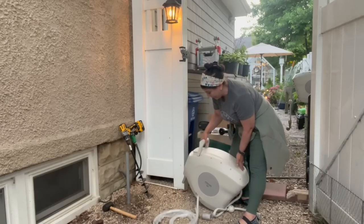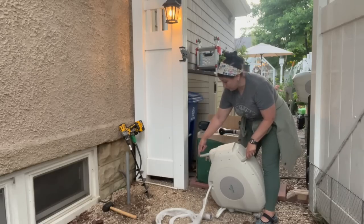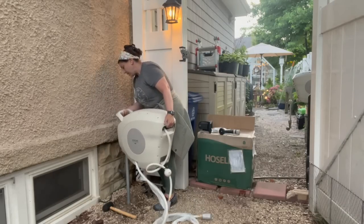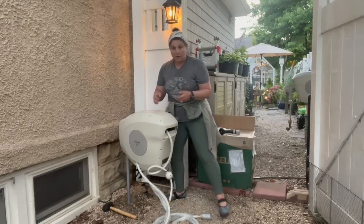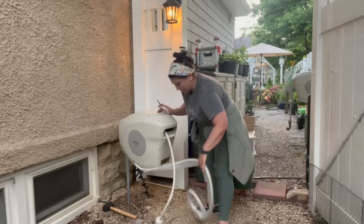The Hoselink has a handle here, and then there's this little pole sticking out of the bottom, inside, just like that. That's it. I just installed my Hoselink. This is the part that's going to go